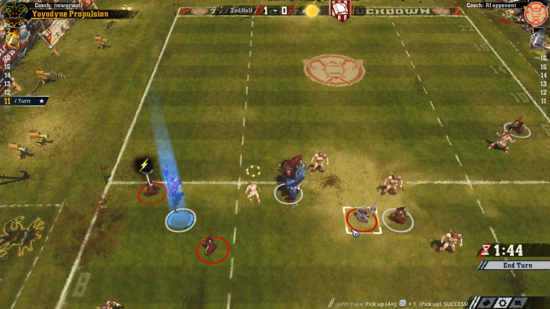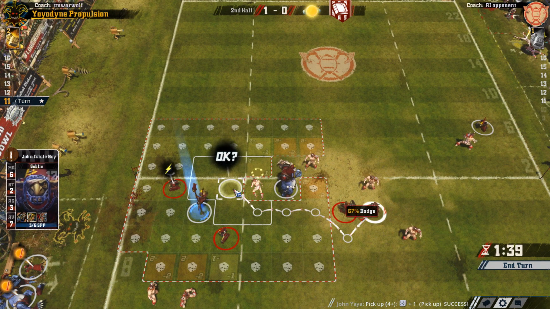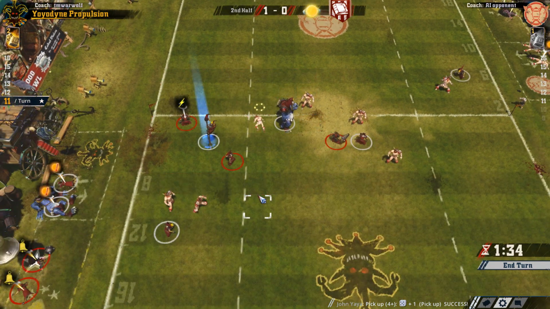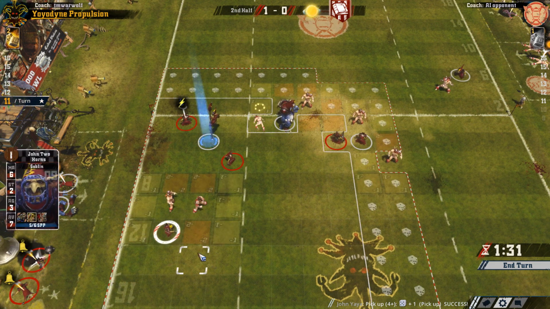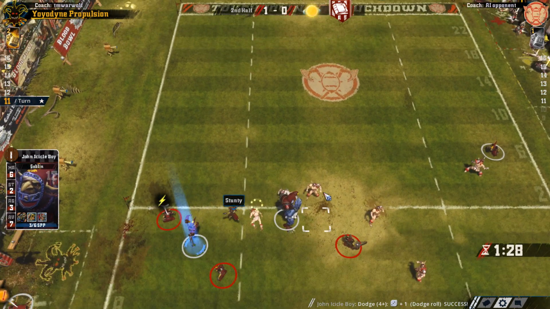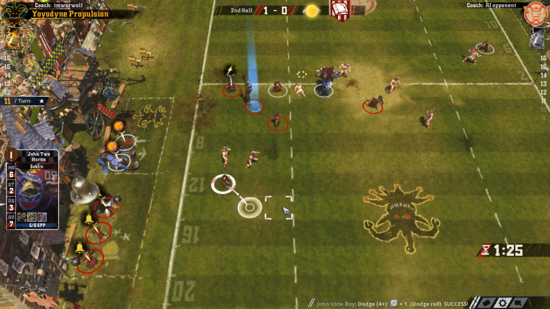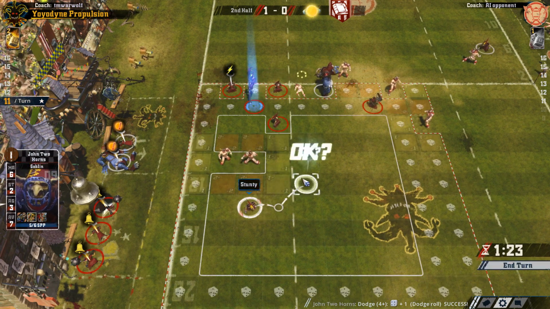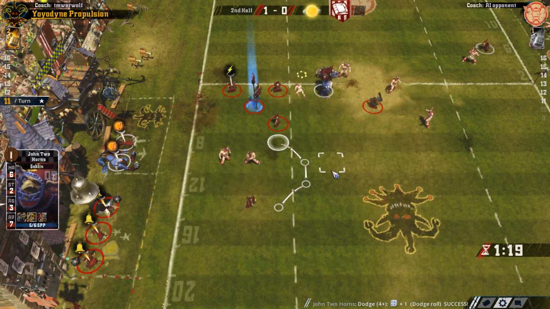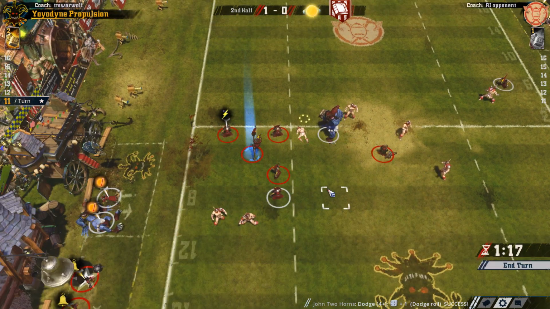Okay. If this fails, it does not fail. This player is free, so he gets a 2-die block against the Pogo, but I'm going to have to risk